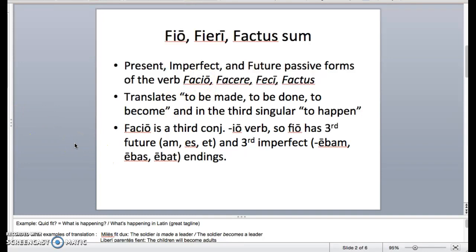But in reality, it's going to act almost as a linking verb, kind of like sum, esse, fui, futurus, because when you say he becomes a leader, what you're really saying is he is a leader, right? It's similar to that in the sense that in the sentence, the man becomes a leader, both man and leader are going to be nominative, because what you're essentially saying is man equals leader now. Okay, so that's something that we're going to also keep in mind. Fio does not take a direct object because it's intransitive and because it acts as a linking verb. So instead it takes a predicate nominative.